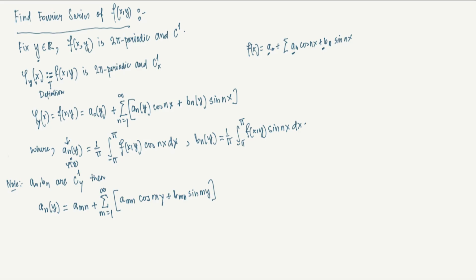What am I doing again? See, this is a new function, right? a_n(y) and b_n(y), these are two new functions and they are continuously differentiable with respect to y. Of course, you do realize that they are going to be periodic also because of the definition, because f is going to be 2pi periodic, this is 2pi periodic, right? a_n(y). So we can talk about Fourier series. So the Fourier series of a_n(y) is given like this. And similarly, the Fourier series of b_n(y) can also be written as